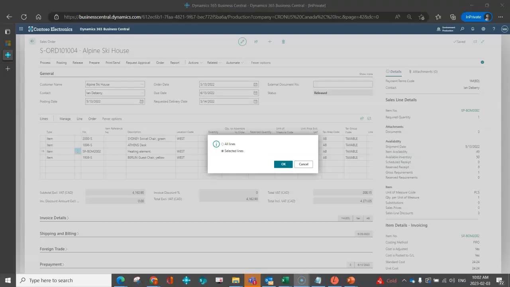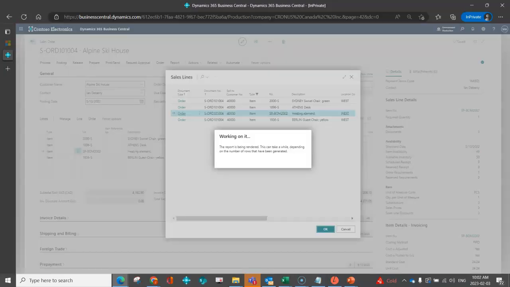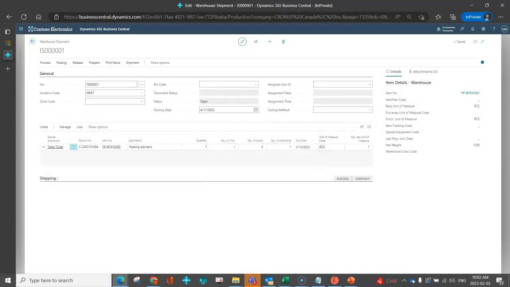Now I didn't have to select the line previously because it will prompt me. So I'm going to again select the heating element, and of course I could select multiple, and I'm going to go ahead and say OK. So my warehouse shipment document was created. It was only created for that specific heating element, and now I can go ahead and just go through my